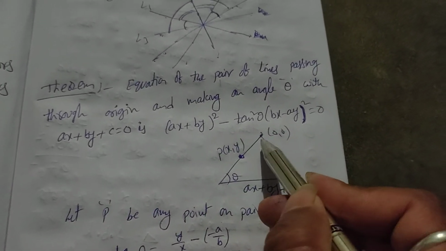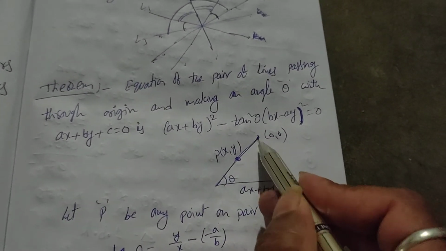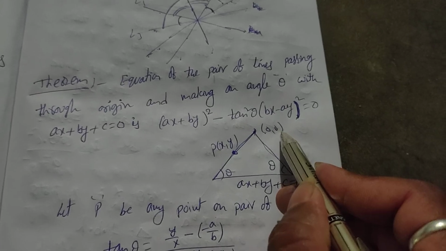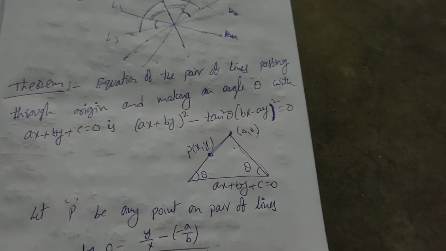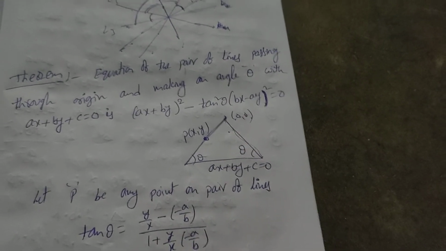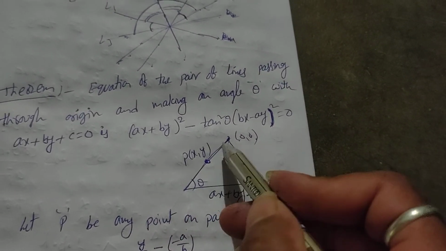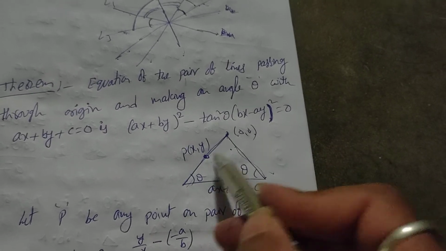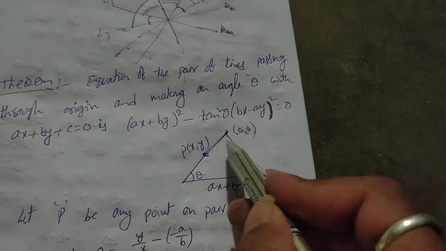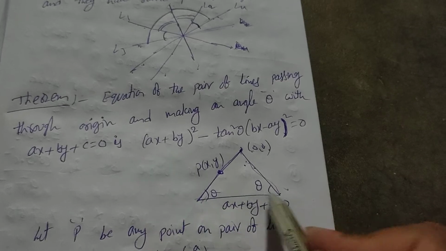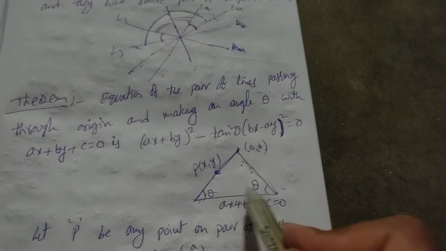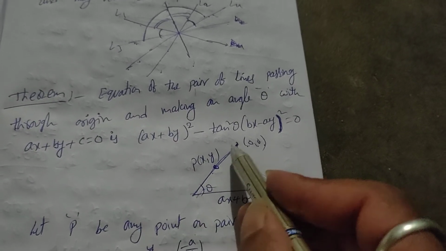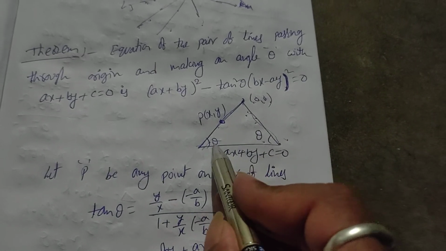See here, let us consider these two are the pair of lines passing through the origin. Generally, if you want to take it directly, the pair of lines passing through the origin is x square plus 2hxy plus by square, but we are not using that equation. Directly we are taking this as one line, and these two are lines passing through the origin, a pair of lines. And one more line you take, ax plus by plus c equal to 0. These two lines make an angle theta with this line, meaning the angles here and here are equal, so it is clearly an isosceles triangle. Let us consider this angle is theta.